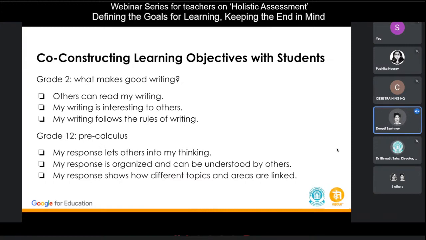तो what first, जो हमने learning objective की जिसकी हम बात कर रहे हैं, कि what makes good writing. So हम बच्चों ने लिखा है कि others can read my writing. My writing is interesting to others, and my writing follows the rules of writing. So whatever rules have been defined in the class, वो जो है मैं उसको ही फॉलो करके मैंने अपनी राइटिंग